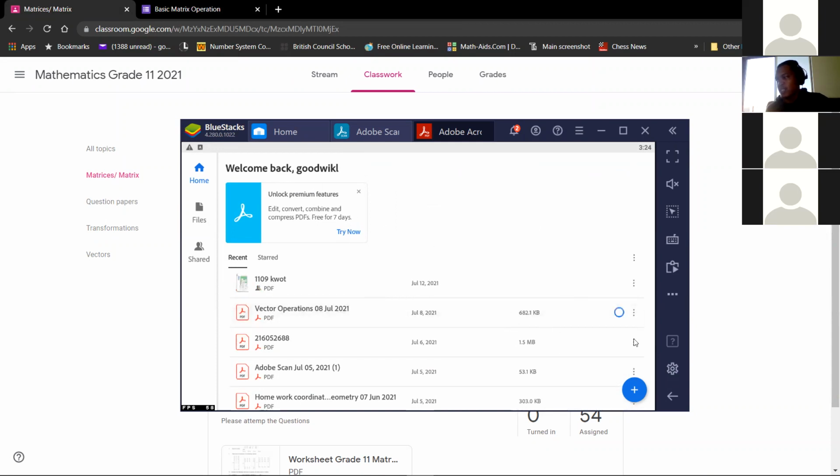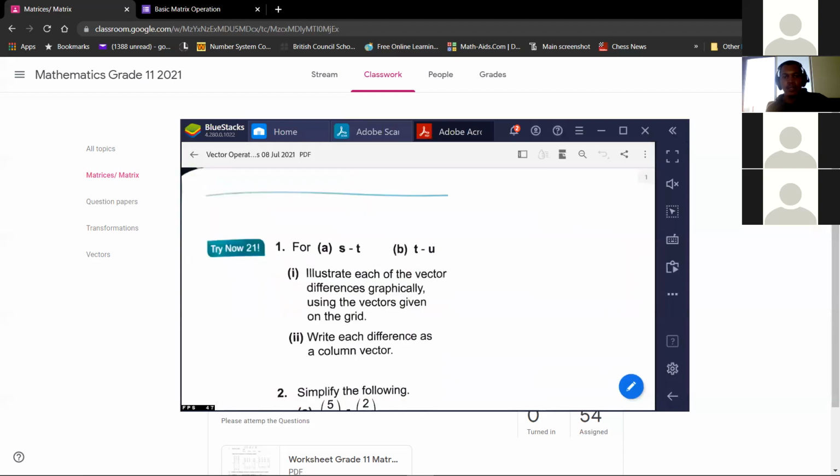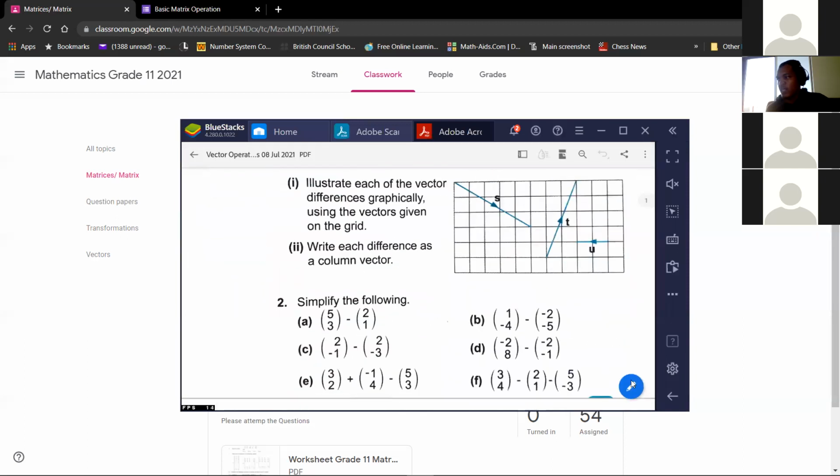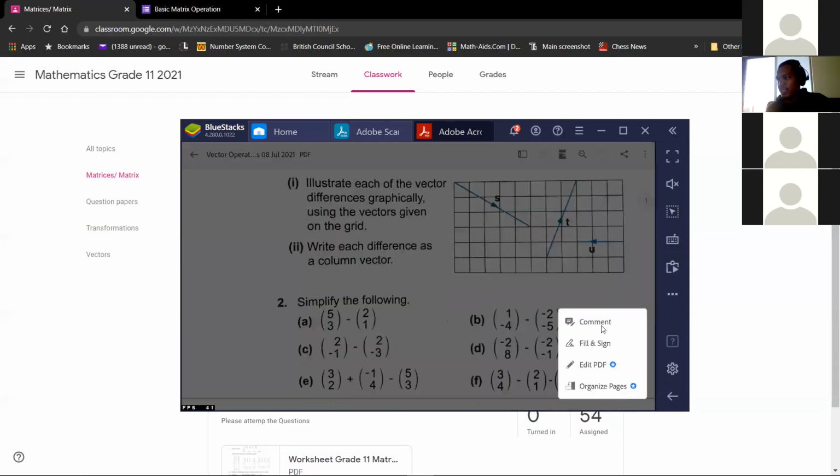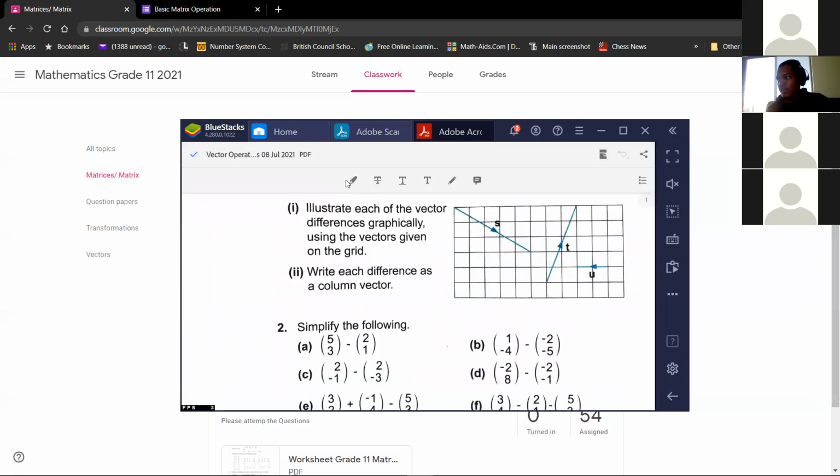You can also now just write it down. I think Loida is using Adobe PDF. By clicking on this edit button, you can add a comment, and the comment has a sort of a pen. And with the pen, you can now write there 3x plus 4, or anything that you want to do on your